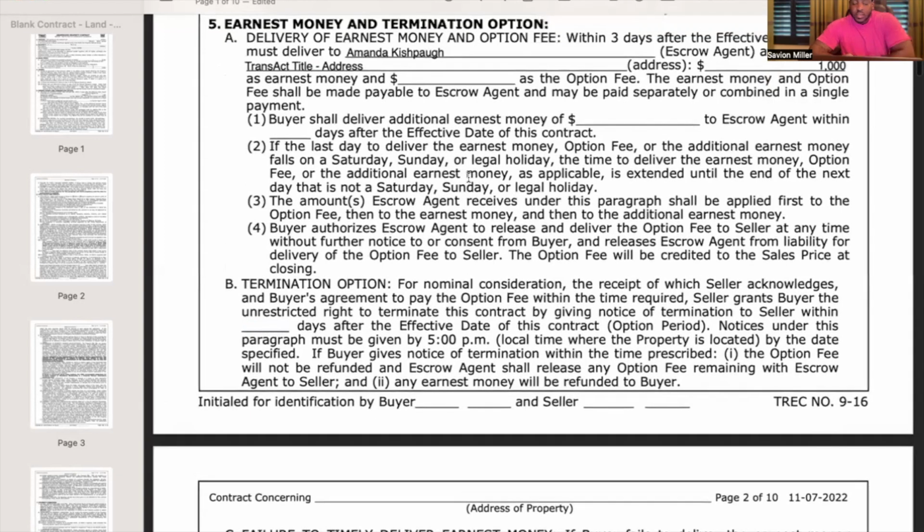So that's something you need to think about. I typically don't do option periods and option fees. The only time I would do it is if I had a builder in a situation where the title wasn't open yet. I would just go ahead and put, okay, instead of putting it here, I'll show you